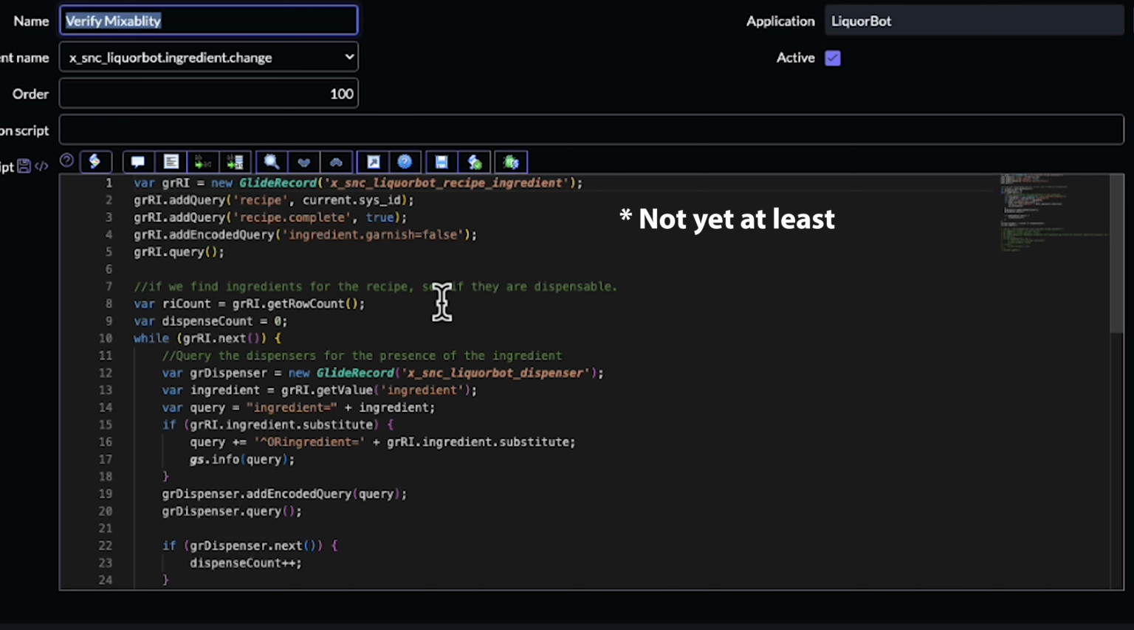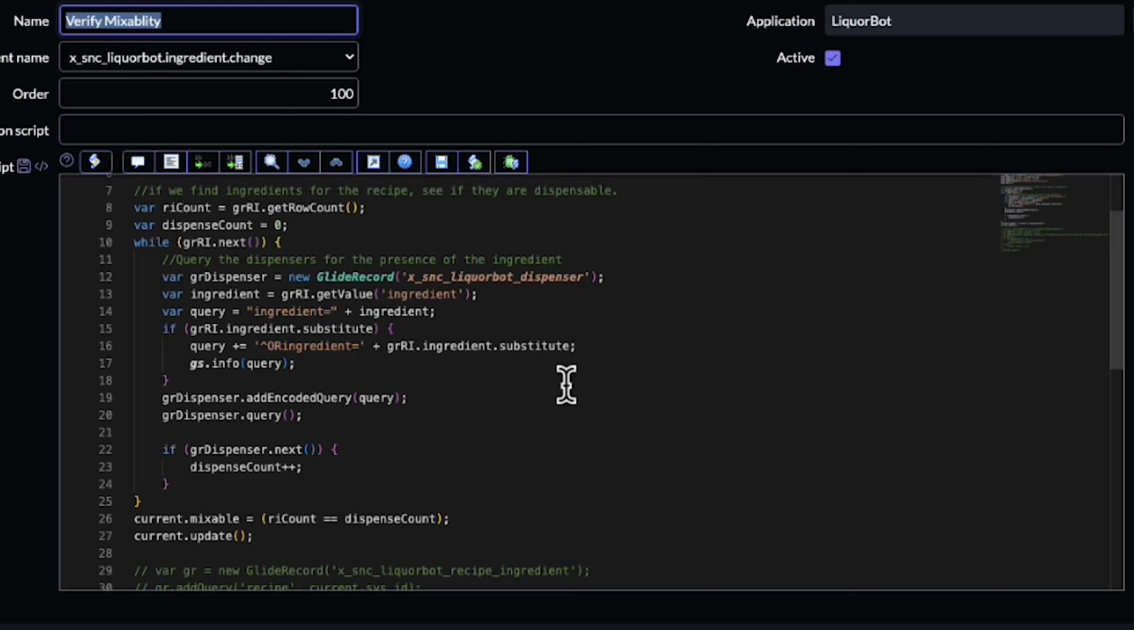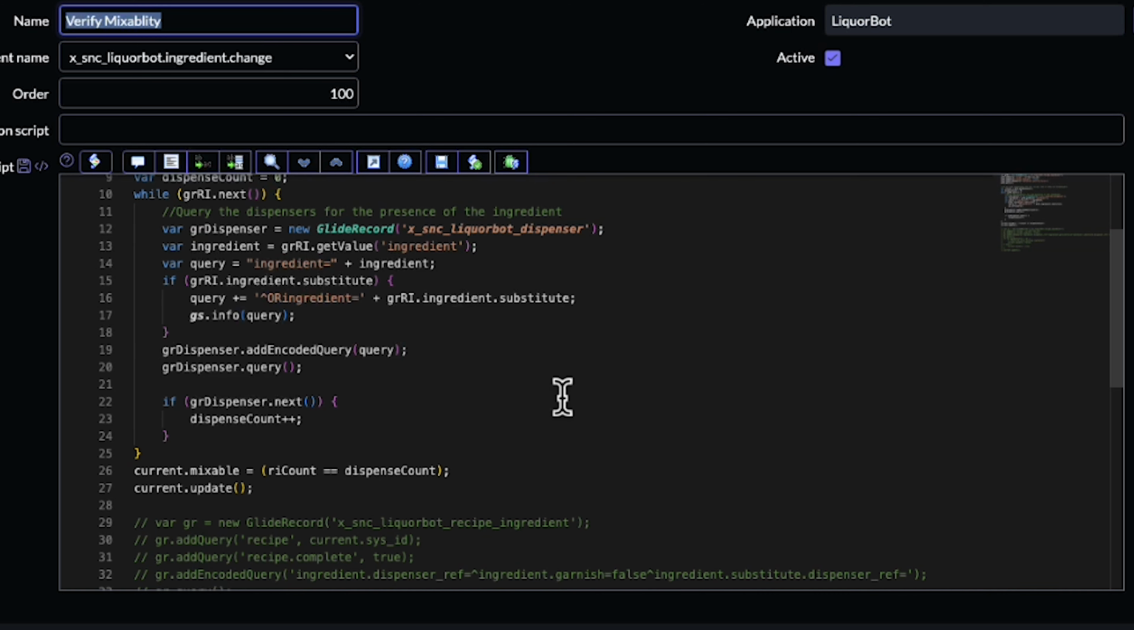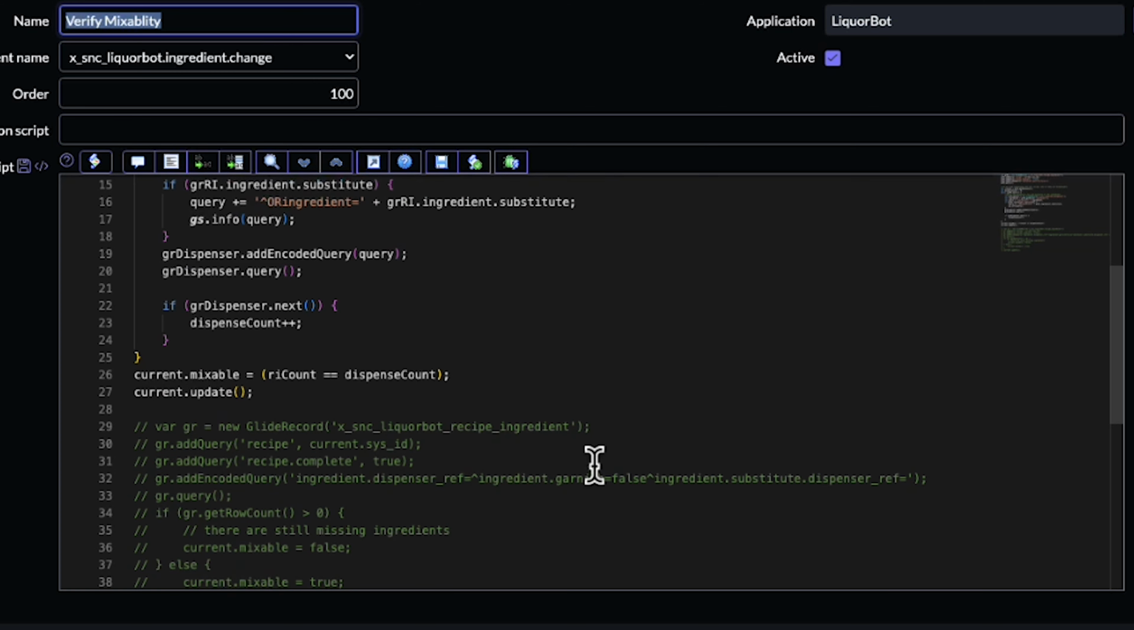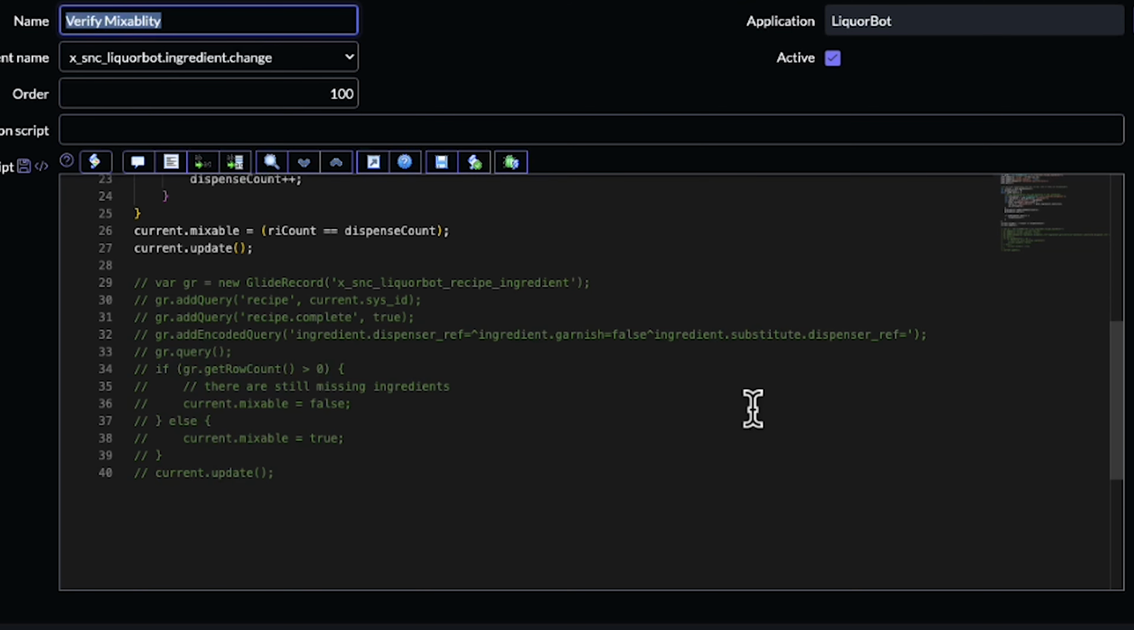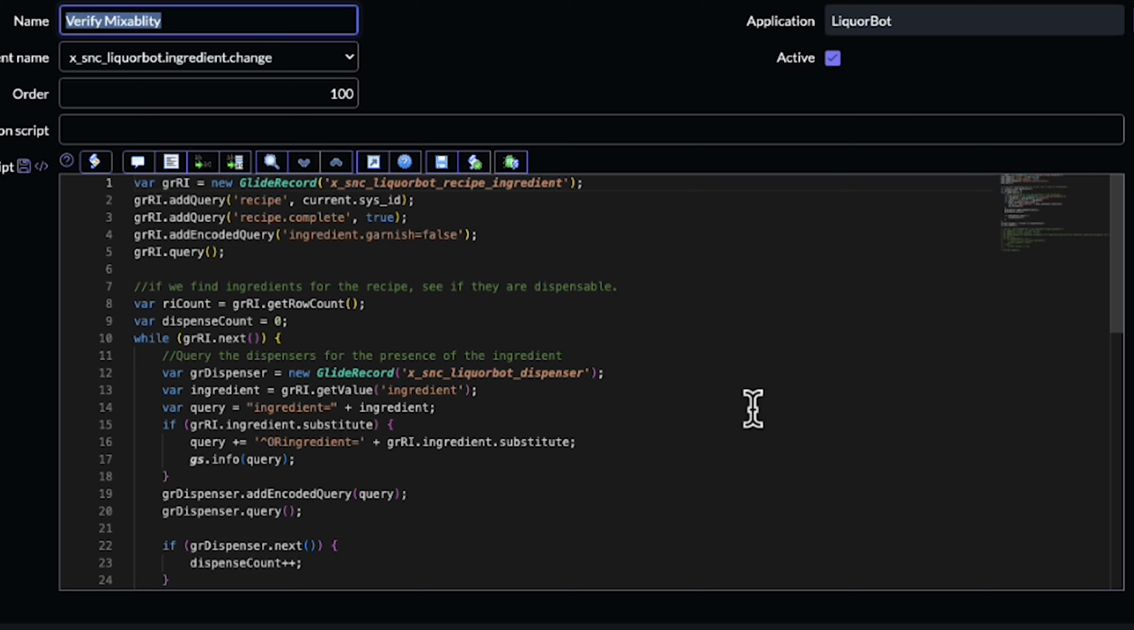And then we're going through every single recipe ingredient, checking to see if it's still available and if I can still mix this particular drink. Then we're updating the mixability and updating our particular record. So this is what happens when we make one single ingredient change. You multiply this particular action times 8 or 16